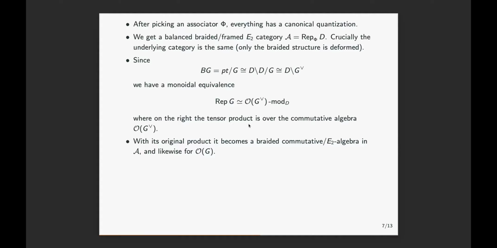But I mean, it would work in general. So basically, associators give you a way to construct E2 algebras out of P2 algebras. So we have the P2 category and the P2 algebra in it. And even if we are working in a graded setting, the associator will give you a quantization of that. It just so happened that here there is no room for the E2 structure to be more complicated than that. Or rather, I will say that here being an E2 algebra would be a condition, not extra structure. Maybe that's one way to think about it.